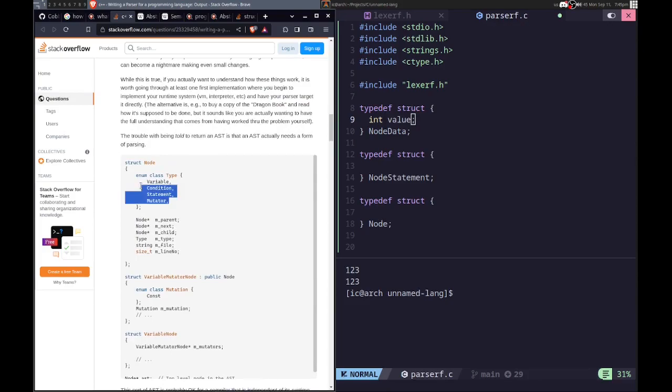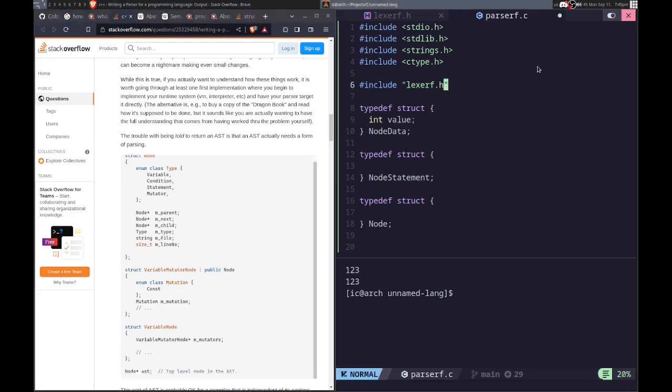Variable, condition, statement. Alright, so all we have right now is values, and then one statement, which is what we need to evaluate. Okay,